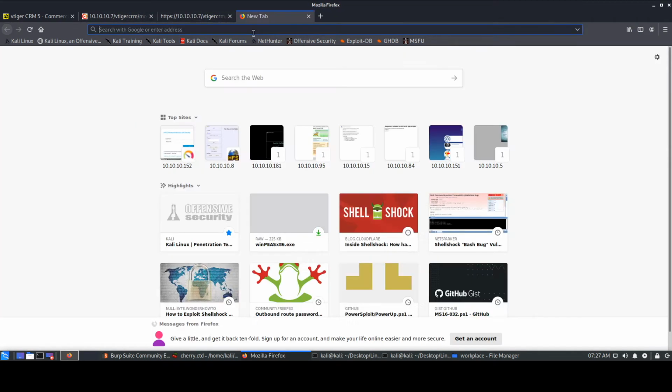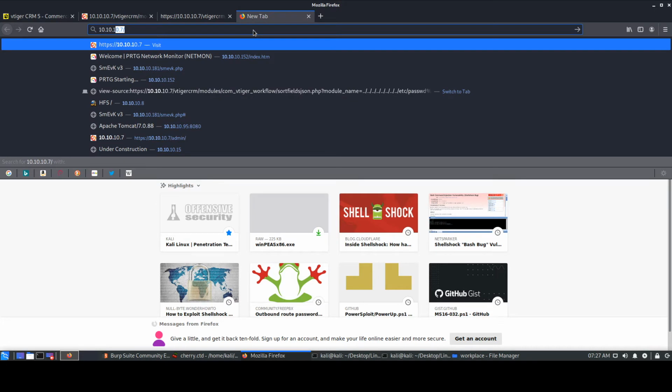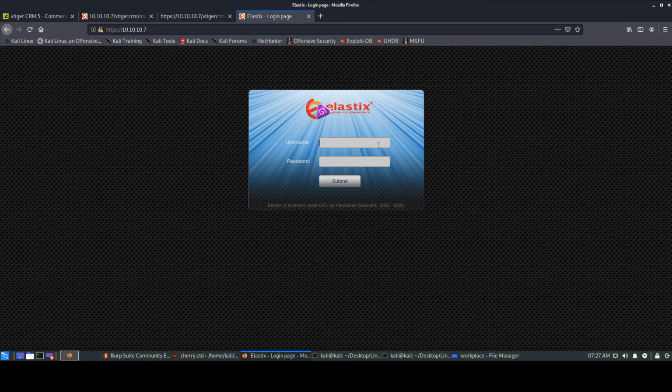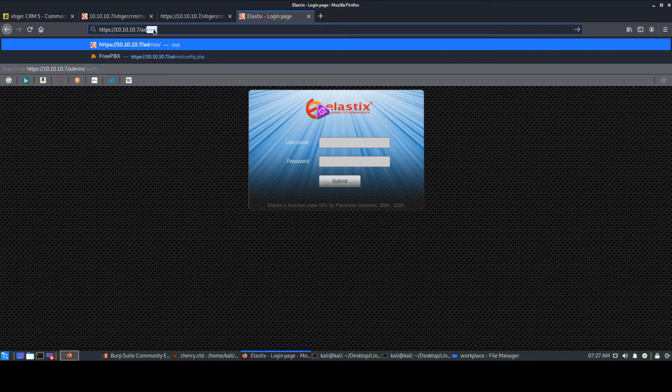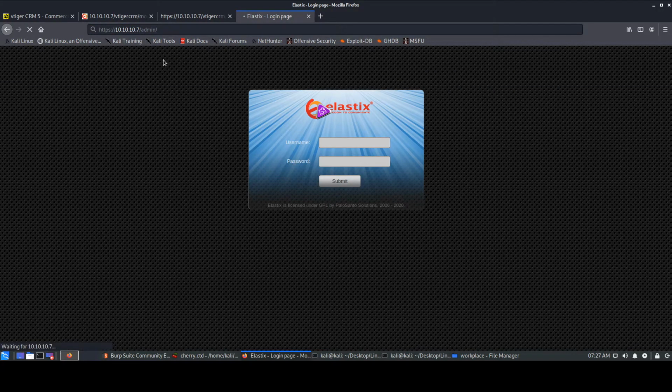Now once you open up this web page, you just go to 10.10.10.7 and we come up with this Elastix web page, right? It says something like licensed under something like that, but we don't have the version number present over here. We had also seen that GoBuster had given us a directory which is admin, and we go into that.